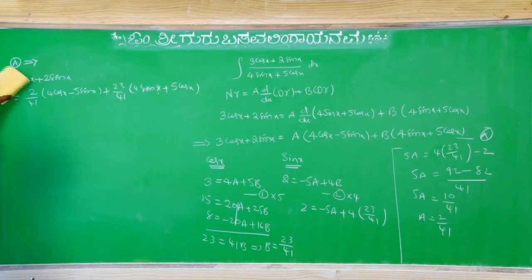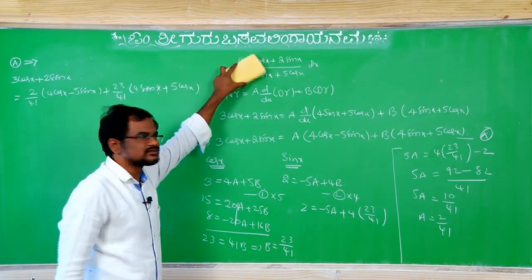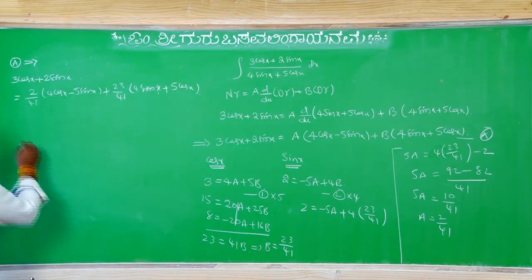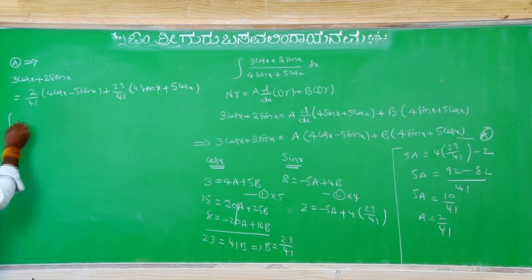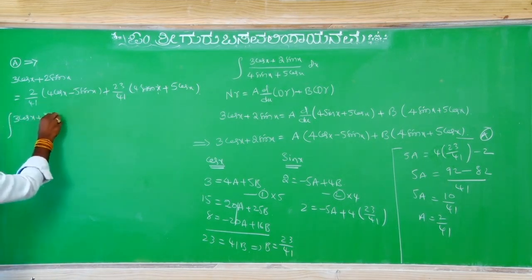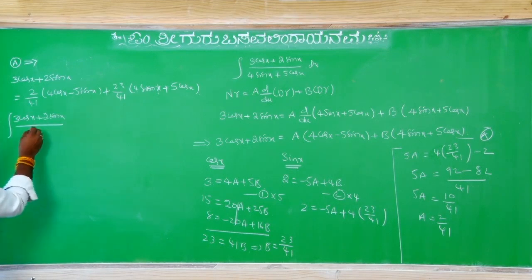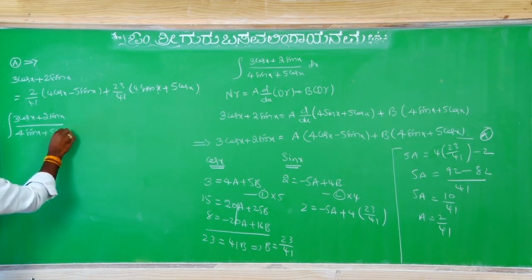So this is nothing but the numerator of the given integrand. So there you replace. Therefore, the integration of 3 cos x plus 2 sin x divided by 4 sin x plus 5 cos x dx equal to